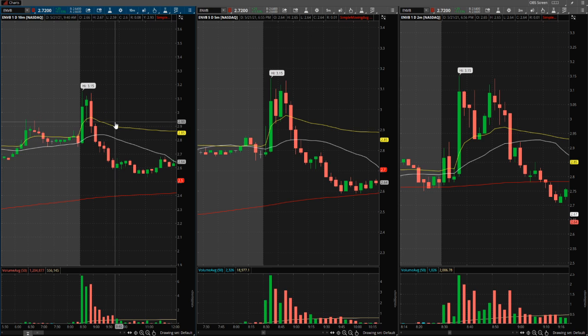Envb was my first trade of the day. I called it at 8:38. So 8:38, that would have been right here in this candle. As soon as this candle opened, I had set it. So we were up here in this action, and I called this zone down here, 295 down to 288. So you can see that the zones were based off of